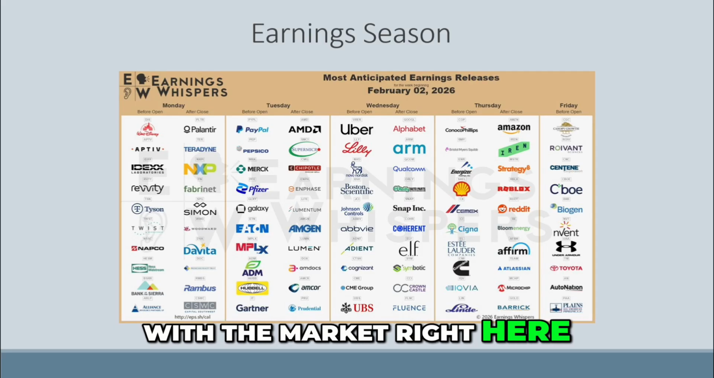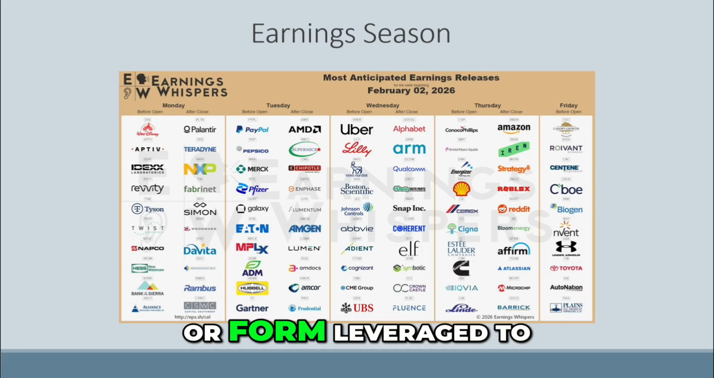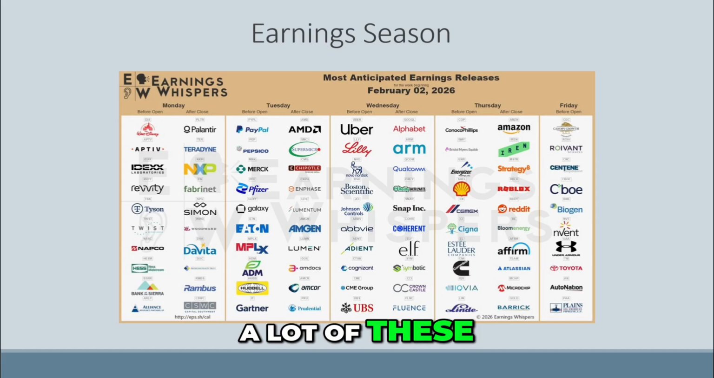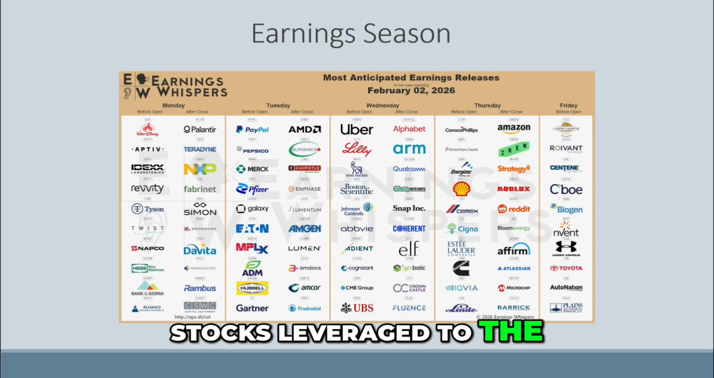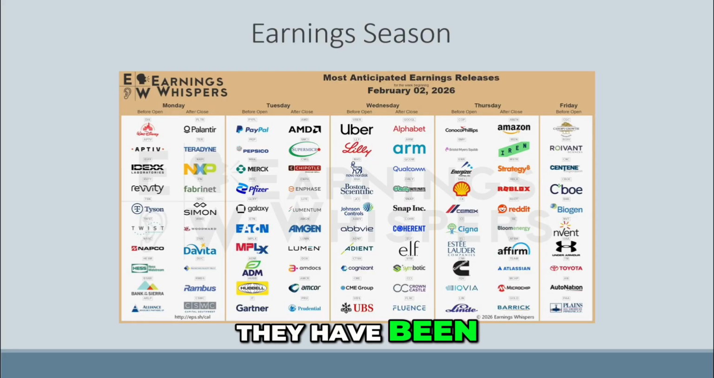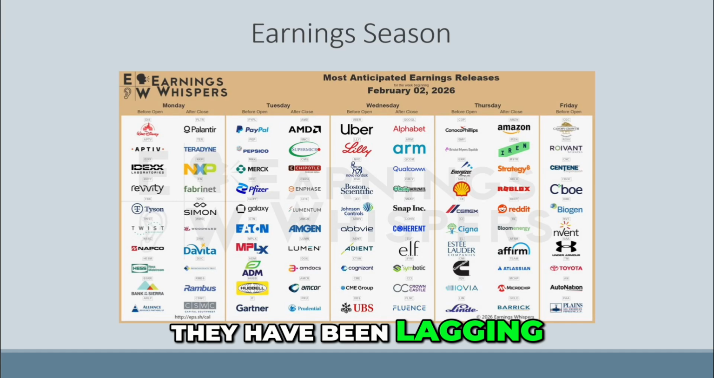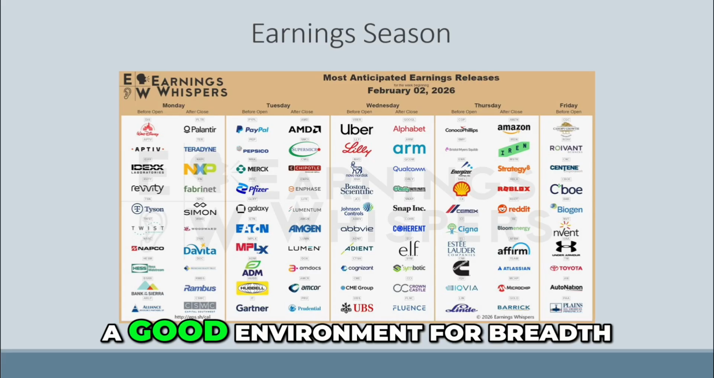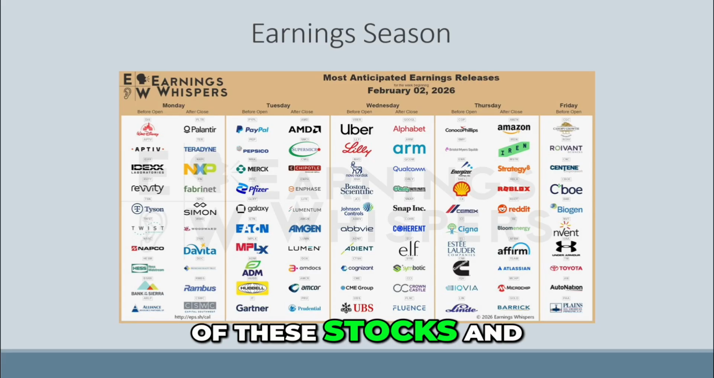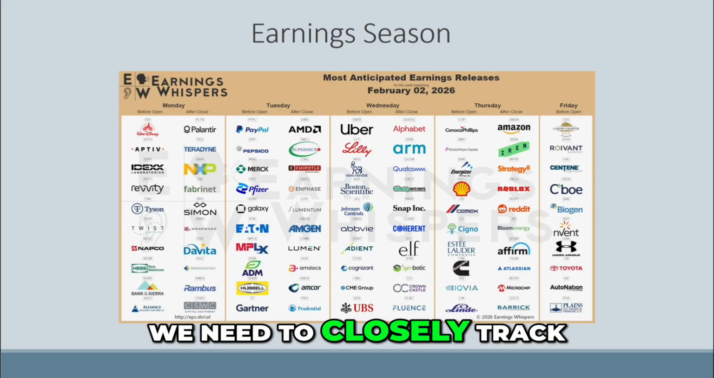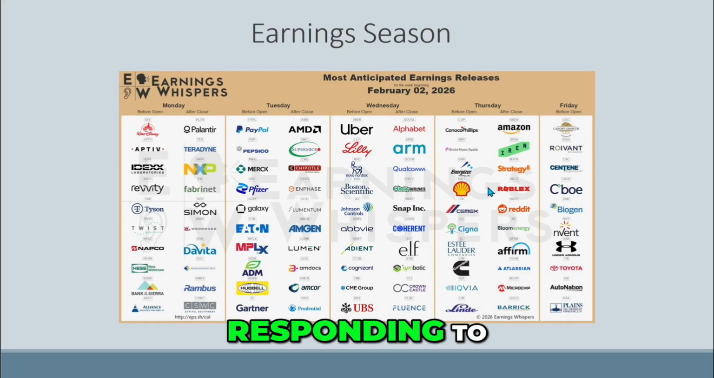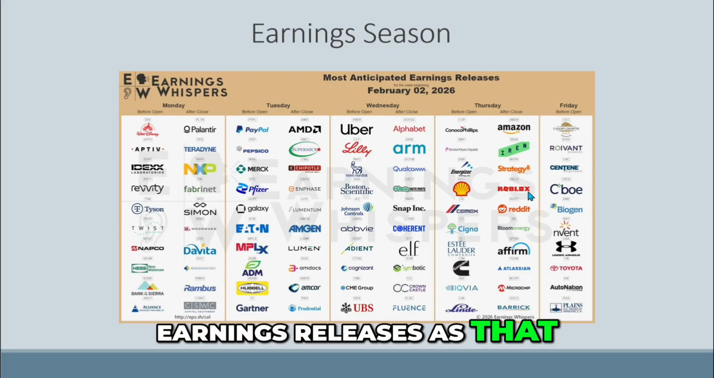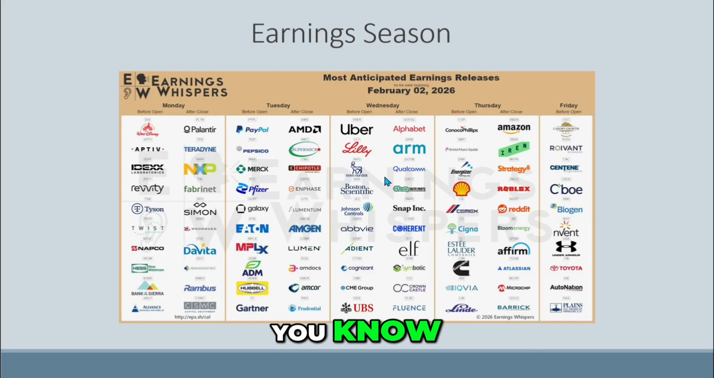And one thing you want to keep an eye on with the market right here is follow stocks that are in some way, shape, or form leveraged to the AI theme. A lot of the Mag 7, a lot of the stocks leveraged to the AI trade, like Palantir too. They have been lagging over the last several months now, struggling to make new highs as the S&P 500 has been hovering near the highs. I mean, it's been a good environment for breadth, but given the weight of these stocks in the S&P 500, we need to closely track how these names are responding to earnings releases as that tips developments on the AI